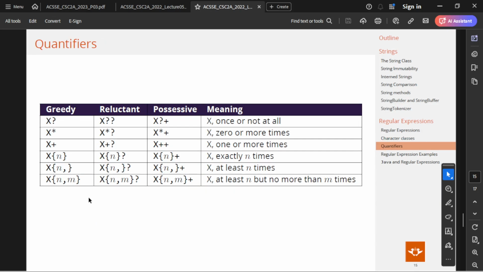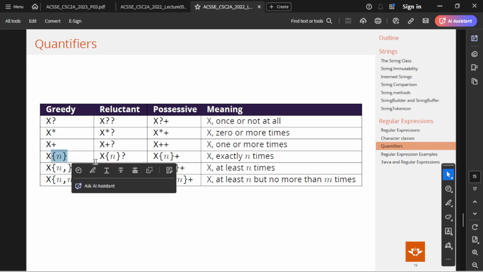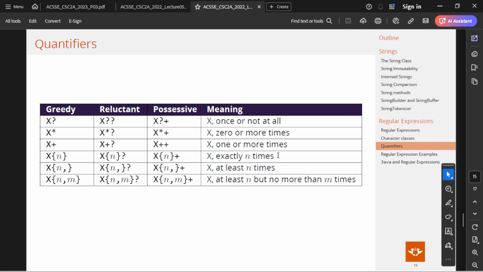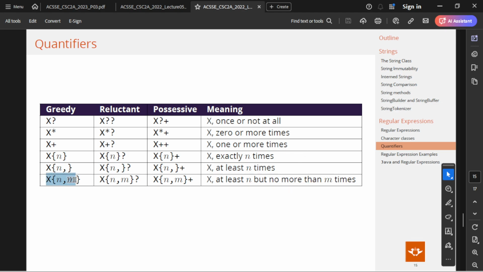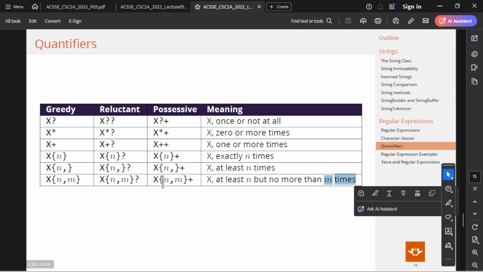And then we also have some limits. What is it? Range, I'll say, or domain, maybe. For example, this one right here says x exactly n times, and we're going to mostly be using this one, right? And then there's also at least n times, right? So that means anything less than n is not acceptable. So we're taking at least n times and above. And this one needs a range, like at least n times, but not more than m times, right? So yeah,